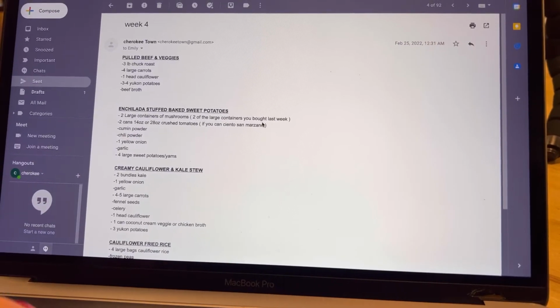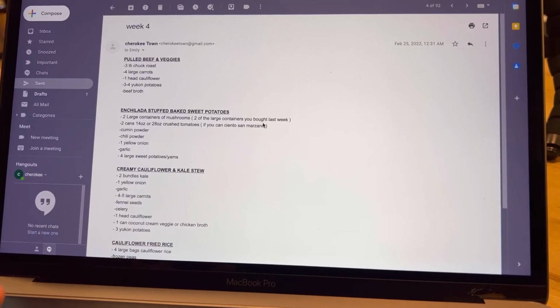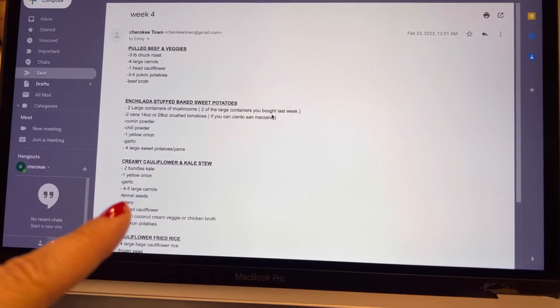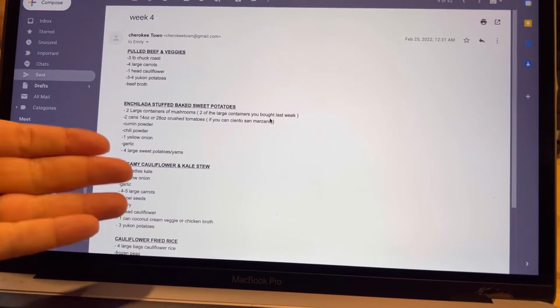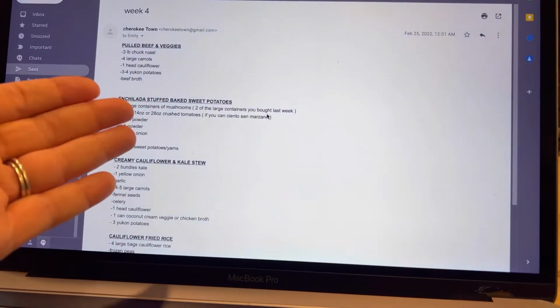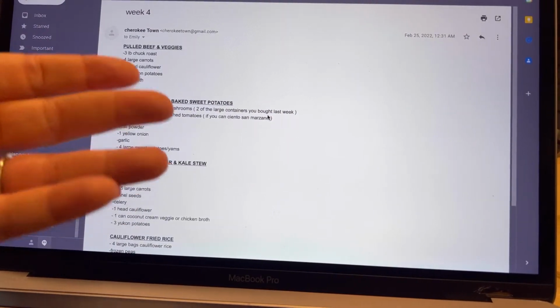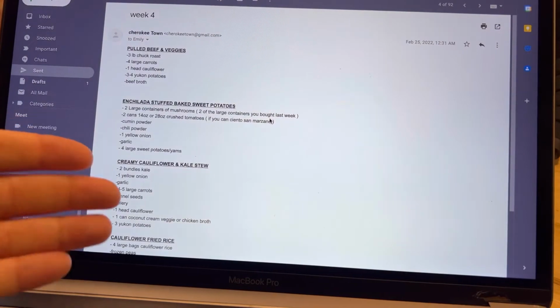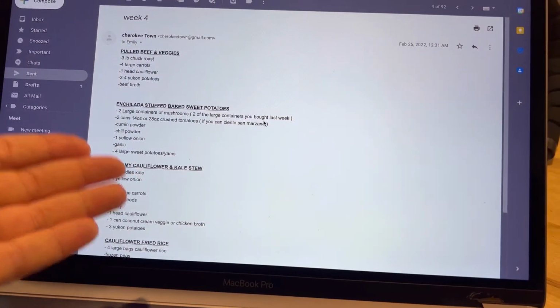So during the week, what I do before I arrive at my client's house, about 4 days before that, I will send my clients a menu of what I'm thinking for the week to cook for them. Sometimes I'll be like, hey, instead of using cauliflower, can we use carrots? But for the most part, I'm creating their menu and I'm sending it to them so they can either go